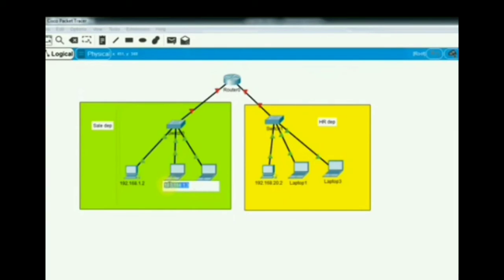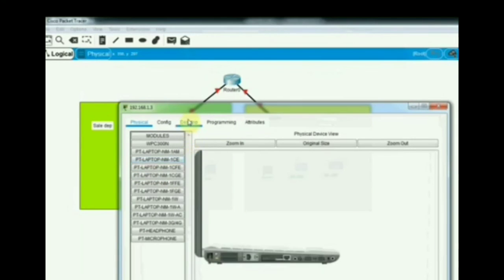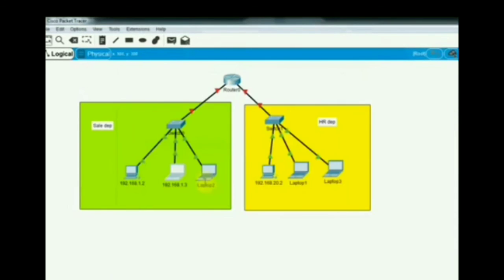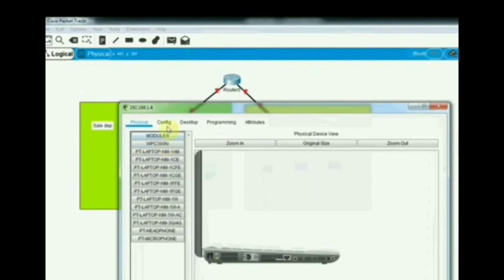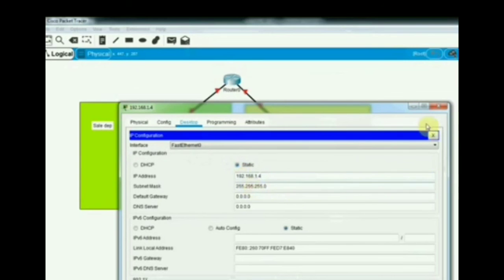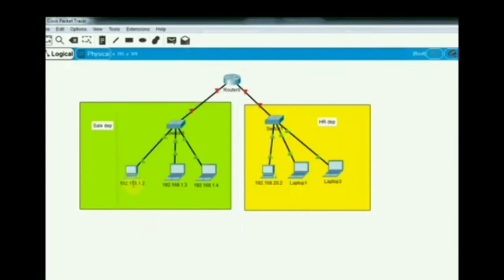Any doubts? Still no issue, right? Just now, see how I assign the IP address. I'm doing something like changing the B to 4. Okay, I will do it slowly, don't worry. I will go to the desktop here, I will paste, finish. Okay, so I have three computers here, right? That is 192.168.1.2 here, 1.3 here, and 1.4 here.